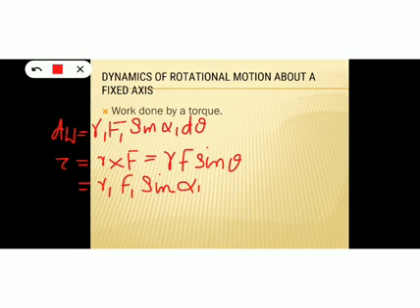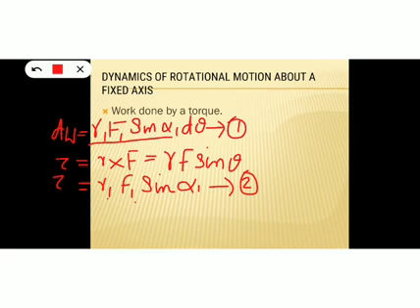Alpha 1 was the angle between R1 and F. Just remember that figure. If you want you can rewind the video and note down the figure. It's very important. So this is the expression for torque, R1 F1 sine alpha 1. Let this be our equation number 2 and let this be our equation number 1. Here it is written torque is equal to R1 F1 sine alpha 1. So instead of R1 F1 sine alpha 1 we can write torque tau.